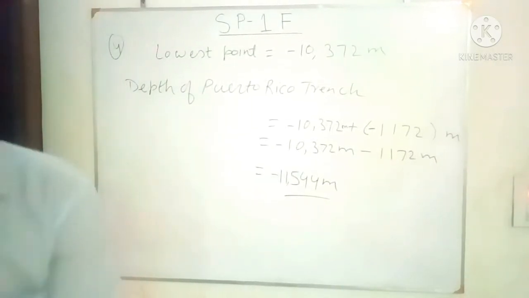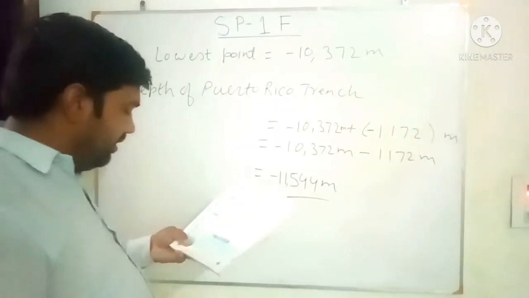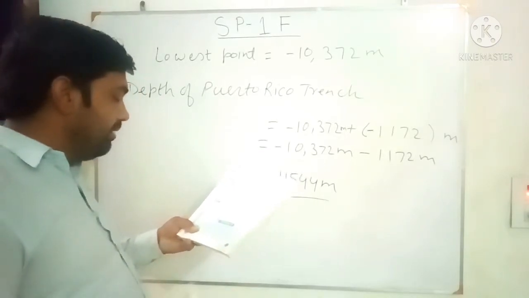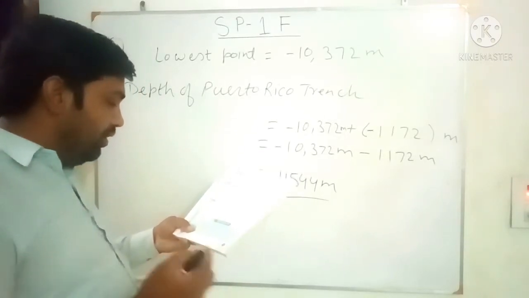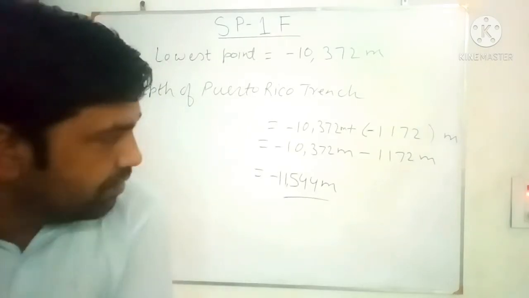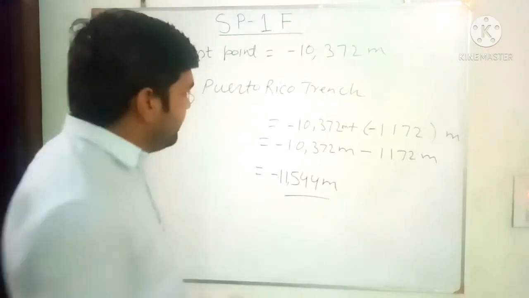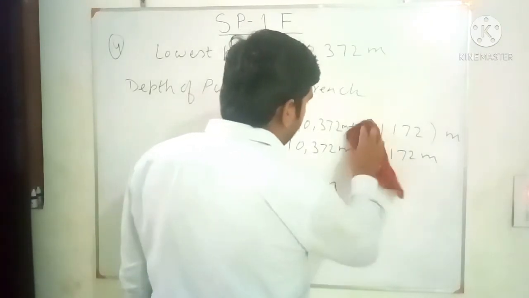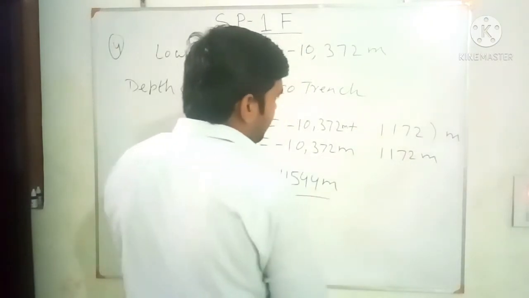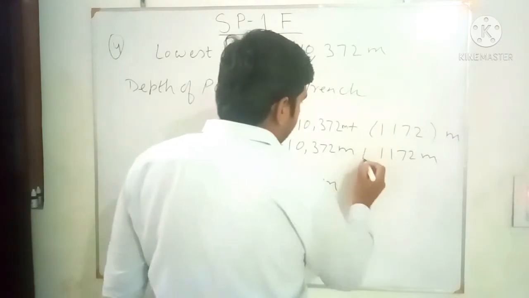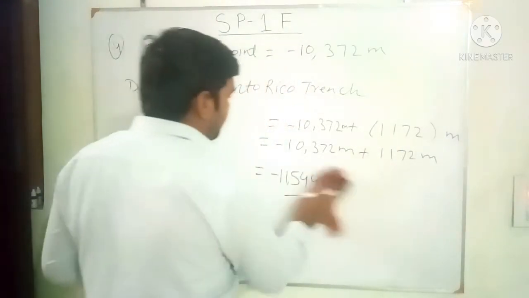in this question you see one thing that is mentioned here that 1172 meter higher is represented by the plus sign. So the lowest point of the Puerto Rico Trench in the question is 1172 meter higher. So higher will be represented by the plus sign. Okay, this is the lower point and this is the higher point. So higher is represented by the plus sign, not a minus. So what we write here? Plus only. Plus.